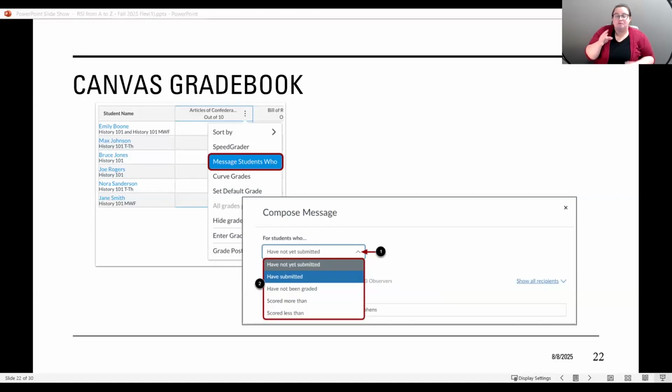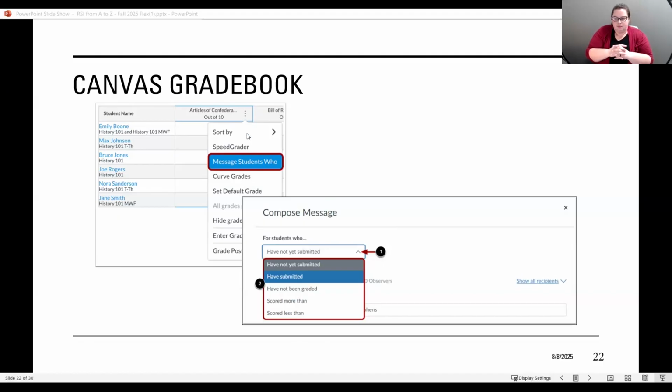Okay, so I would highly recommend that you keep your grade book as updated as possible. I know there may be times when you're behind on grading or there's just a lot going on, so it may not be possible all the time. But really, keeping your grade book updated helps the students to monitor their own learning progress, and it also helps you to see who may need a nudge, who may need a message, who may need a positive comment, or anything like that.